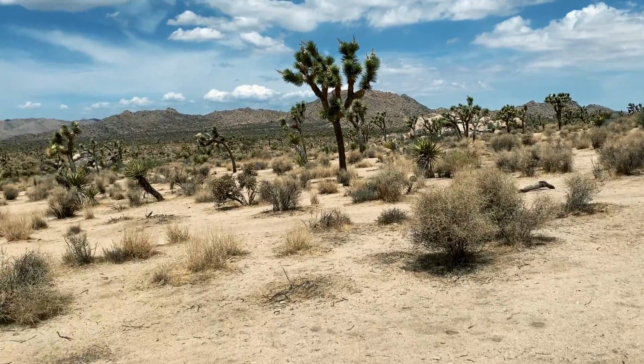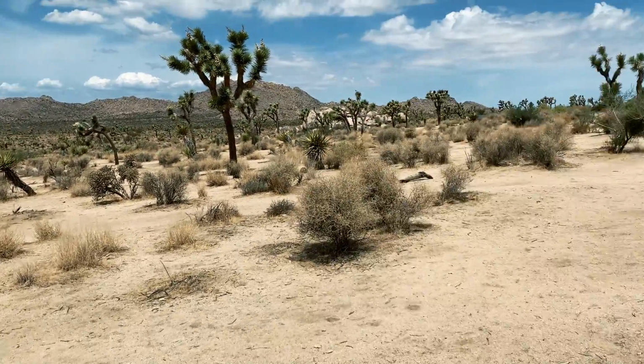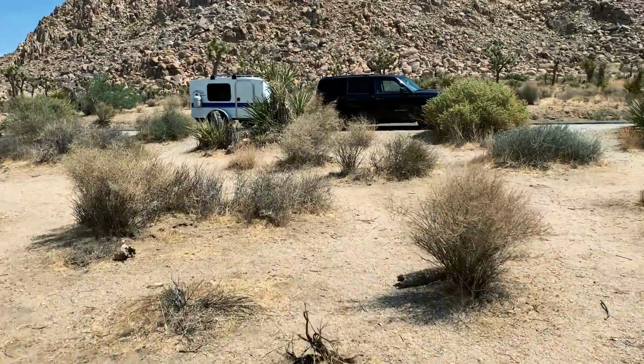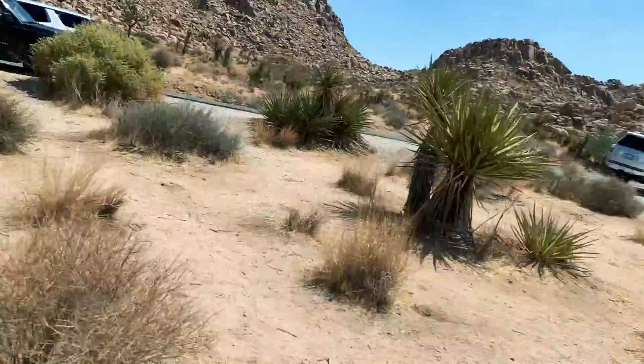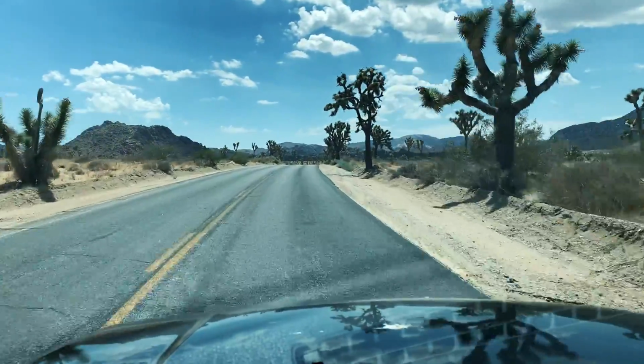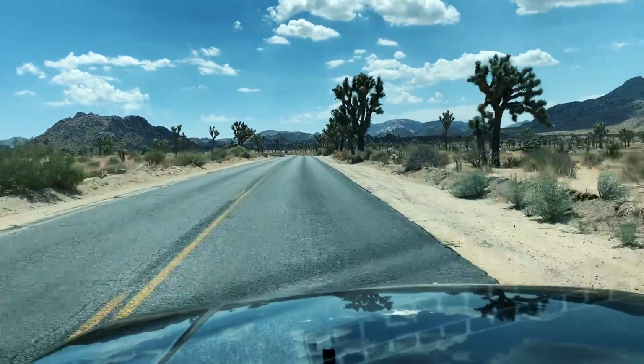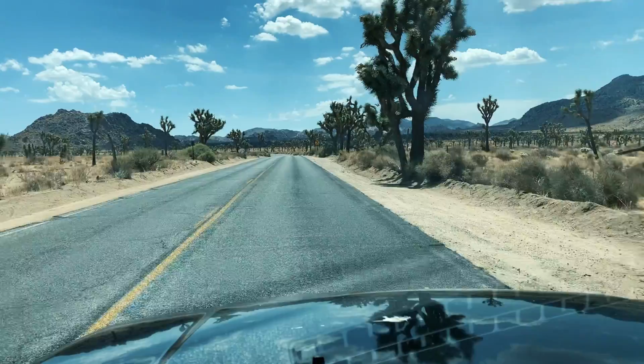Joshua trees grow a mere 1 to 3 inches a year and have an average lifespan of about 150 years. They were given their name by the Mormons after the biblical Joshua. The Mormons thought the widespread branches of the plant looked like the welcoming arms of Joshua as they traveled from